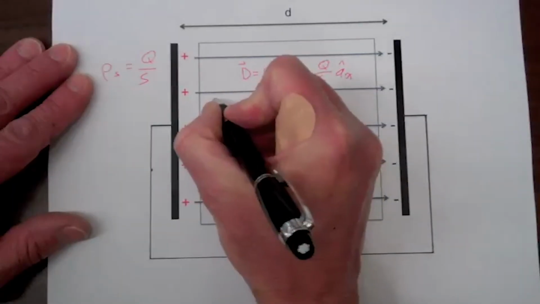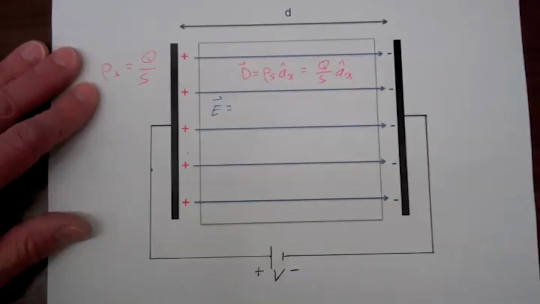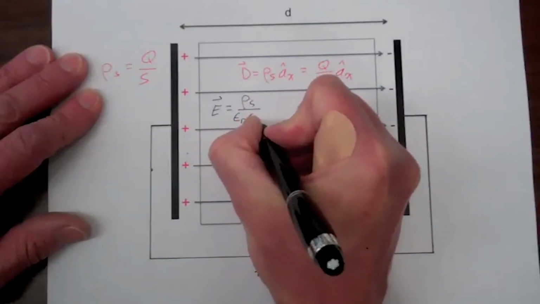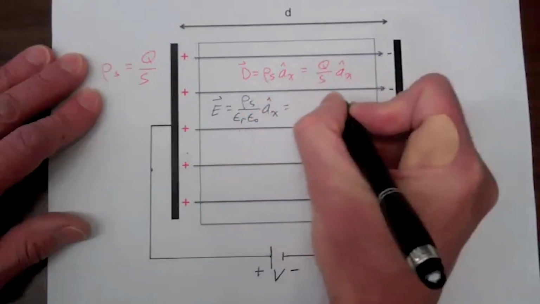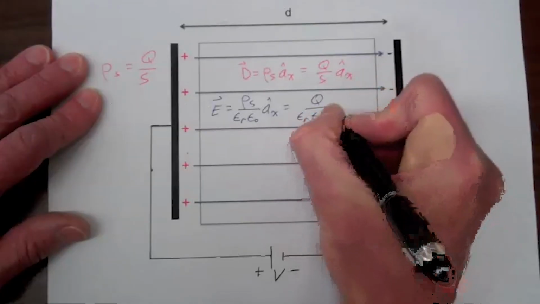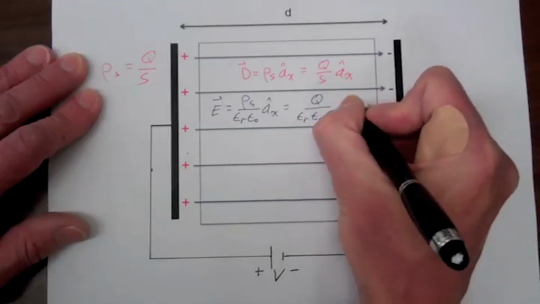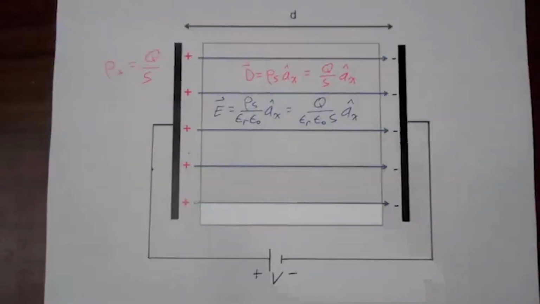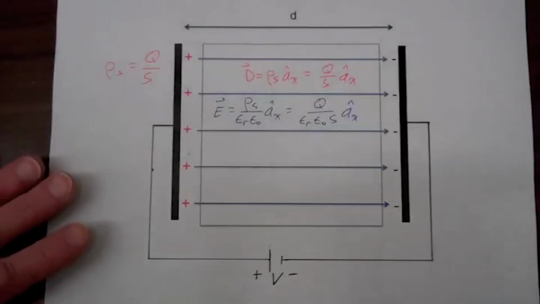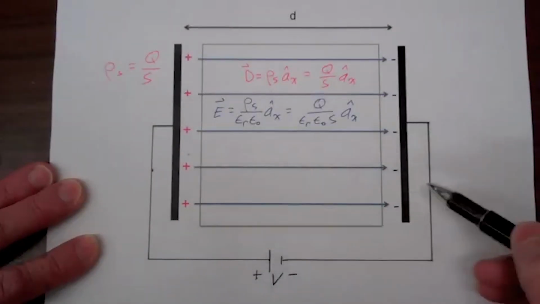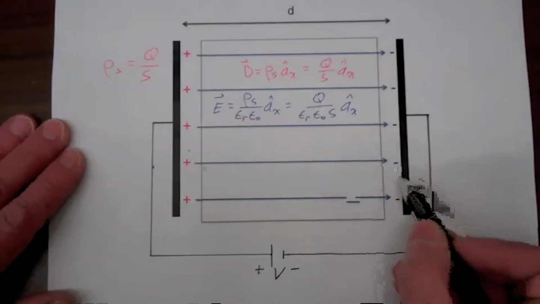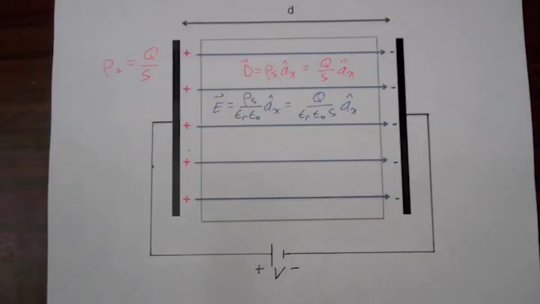So the electric field intensity will be rho sub S over epsilon sub r epsilon sub 0 in the x direction, or Q over epsilon sub r epsilon sub 0 S in the x direction. With the left-hand plate positioned, say, at x equals 0, the right-hand plate is going to be at x equals d. So then the potential drop across the plates, or V,